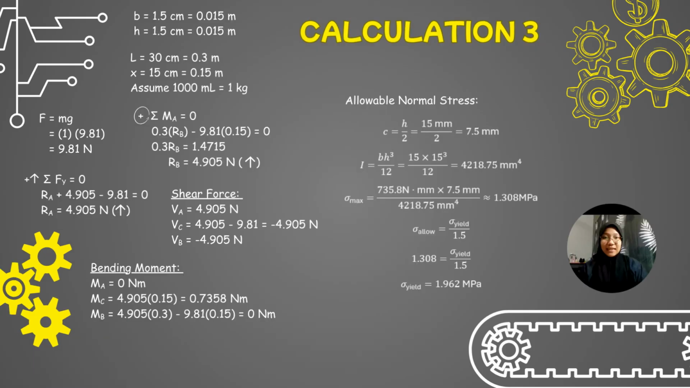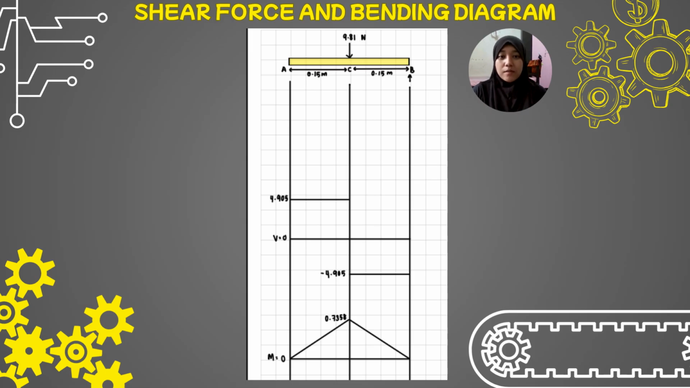0.3683 Newton meter. In calculation 3, the maximum bending moment rises further to 0.7358 Newton meter, which drives the peak applied stress up to 1.308 megapascal. For this load condition, a safety factor of 1.5 dictates a minimum material yield strength of 1.962 megapascal. So for load 3, we use a mass of 1 kilogram. The force reaches 9.81 Newton, and the supports take 4.905 Newton each, and the maximum bending moment hits